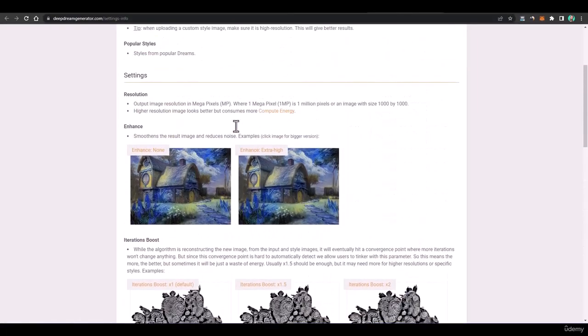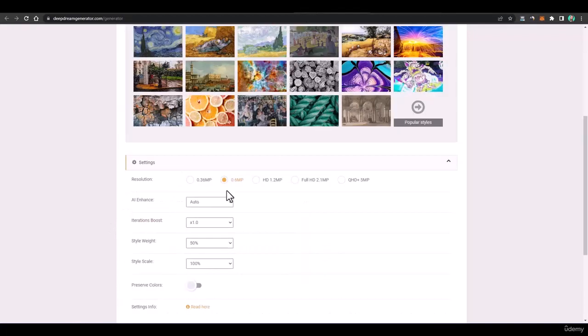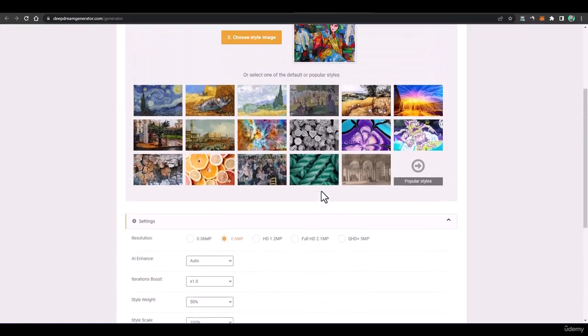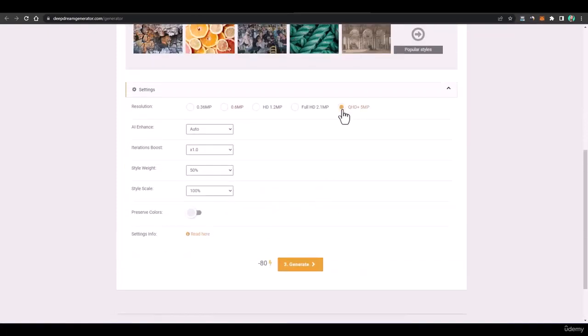For the resolution, here you have output image resolution in megapixels, 1 million pixels, or an image with size 1000 by 1000. High resolution image looks better but consumes more energy. So if you want high resolution, the quality would be good, but more energy would be used. Like with this one, QHD, 80 energies would be used. With HD, 12 energies would be used, and with this one 5 energies would be used. Then AI enhance,